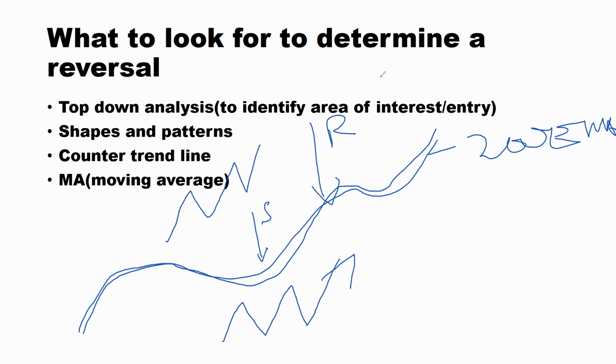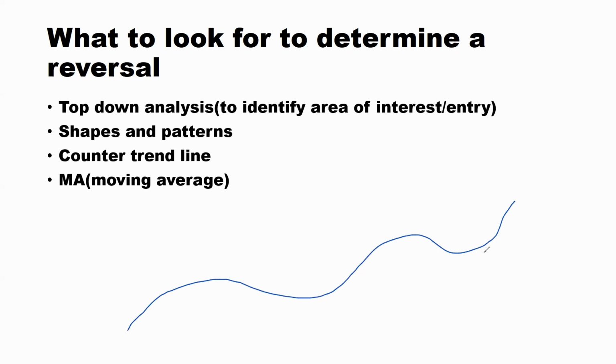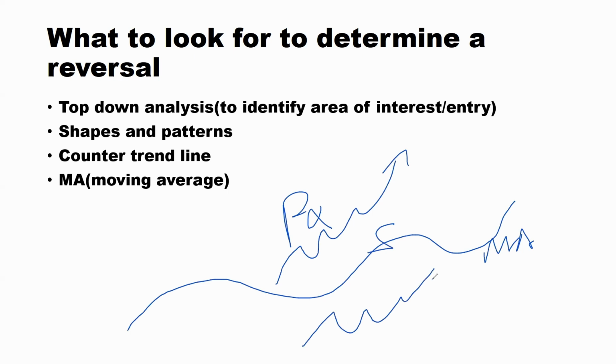Let me just repeat that. The position of a moving average: if this is the moving average, and my price is up here, it means that this is support. But if price is down here, it means that this is resistance. Are we together? So when price comes to this moving average, I'm looking for structure, the same structures that we have spoken about, the shapes, the counter trend lines. We're looking for them here.